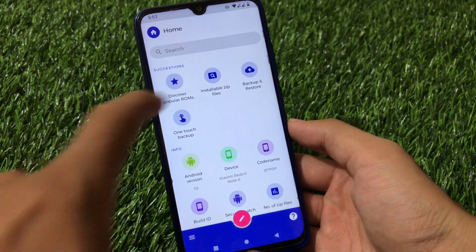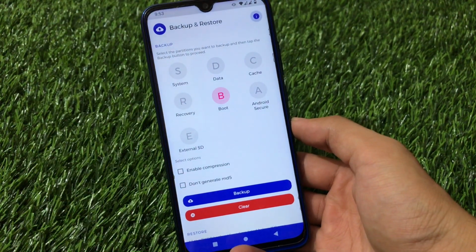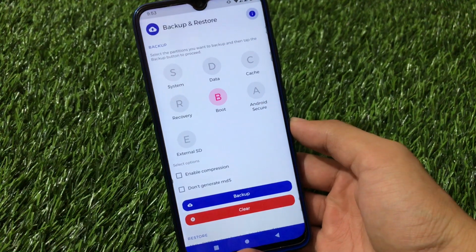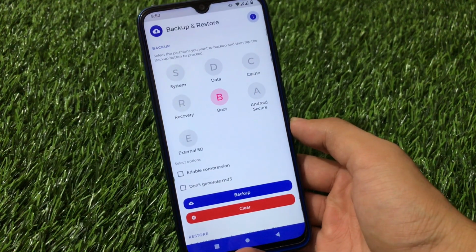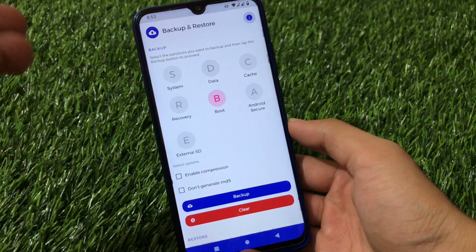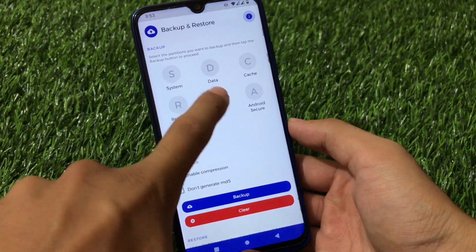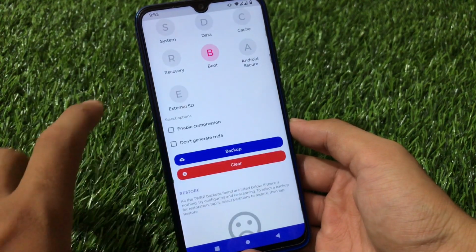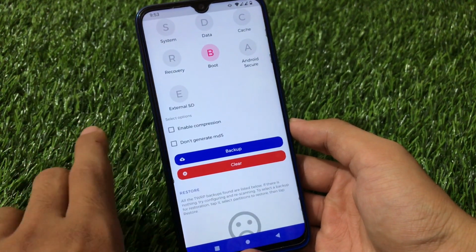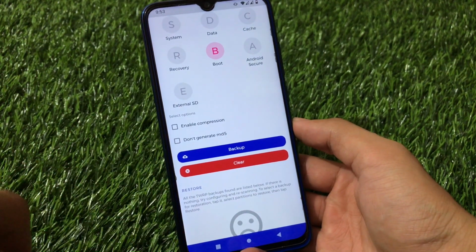Another cool thing is backup and restore. This is one of the cool features I liked about this app. It will not take the backup in the app right now, so whenever I select any partition from here, for example the boot partition, I have the option to choose the compression or don't generate MD5, all depends upon me.